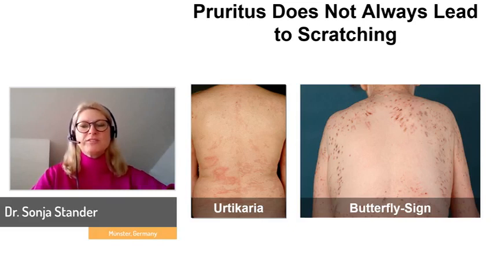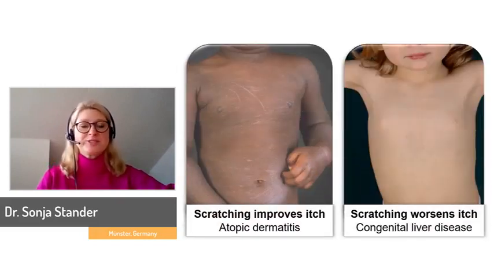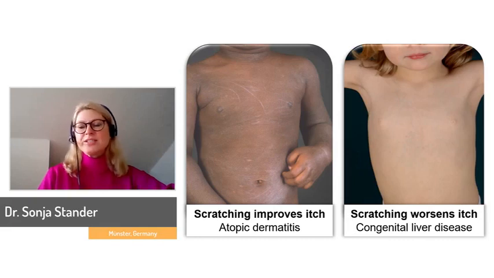Because this looks like a butterfly, Jeff Bernhard gave this name, and we like the name very much, the butterfly sign. And also in children, this is very true, because in children you usually cannot tell them not to scratch. So if they avoid scratching, then scratching doesn't help and may even worsen pruritus. And this is a typical sign for cholestatic pruritus, in contrast to atopic dermatitis, where the children cannot stop scratching. Here, taking the photograph, the child could not stop scratching, even though the photographer told the child to just stand still.